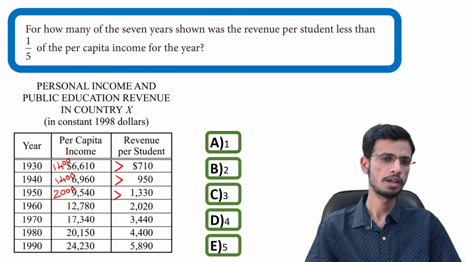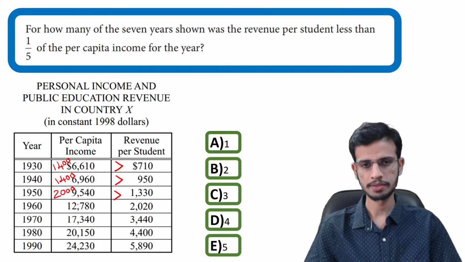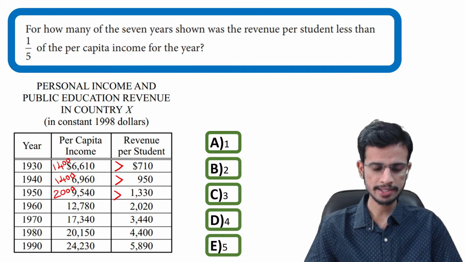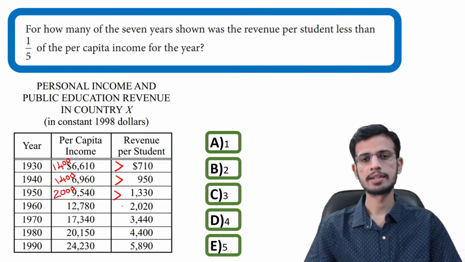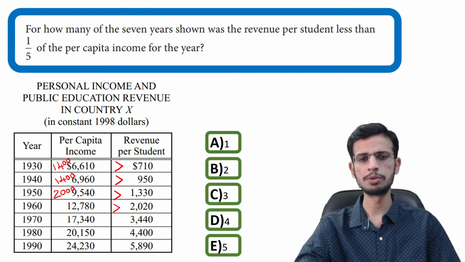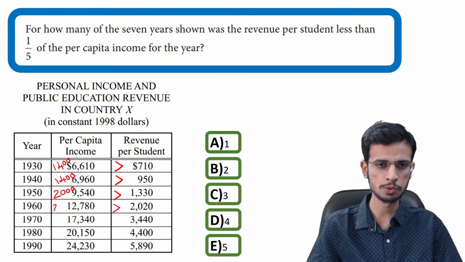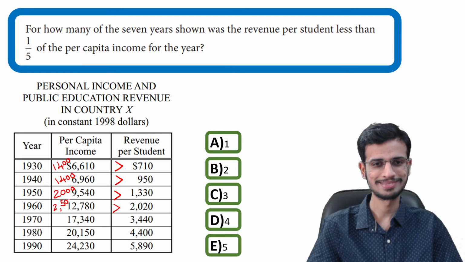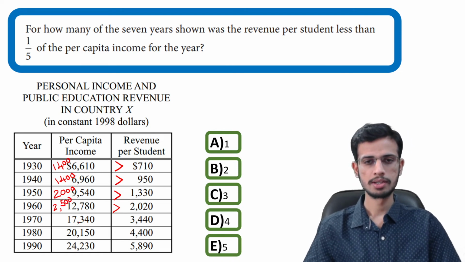Okay. For 1960, we have to divide by 5, right? So if you divide this 12,780 by 5, then this will be greater than this. You can find the exact value. It will be around 2,500. It will be around 2,500, yes or no? It's greater than this. Let us find for the next row,